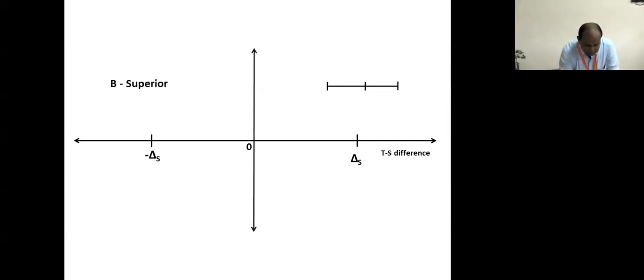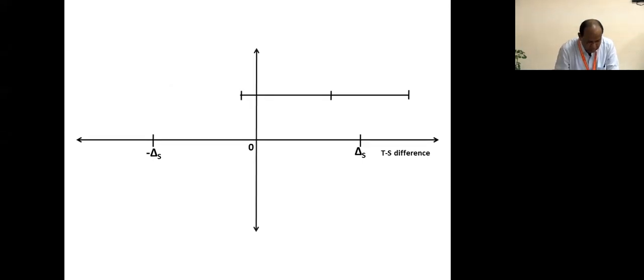Now, the next one is superior. I have given the answer. Equivalent? Let us see what it is. Not superior. Maybe you see the delta S, meaning the superiority margin. And this is not superior. That is what I expected from you, because the difference overlaps the 0. Now the question is whether this suggests equivalence or not.